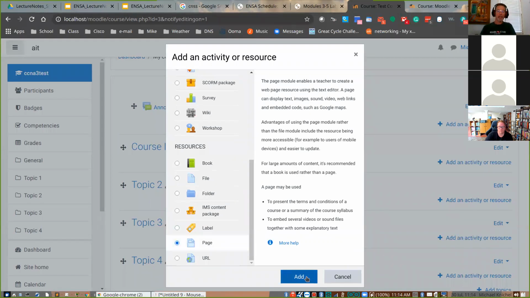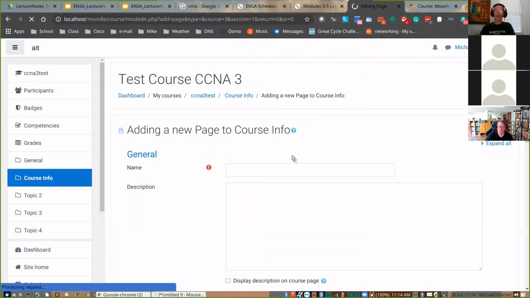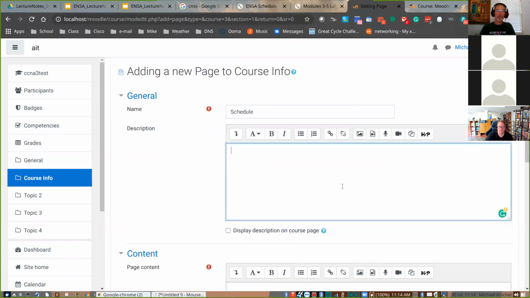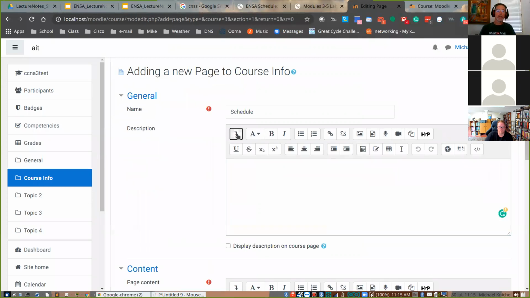So I'm just going to put a page in here and you get a description, and I'm going to call it course schedule, right? So in this you can see here is very web similar. You can expand to get more. There's the button to convert this to putting in HTML code.